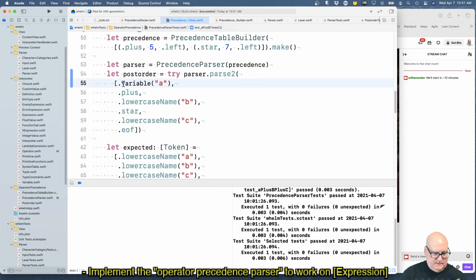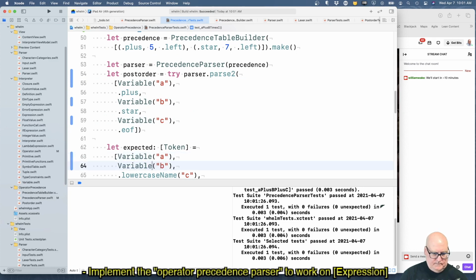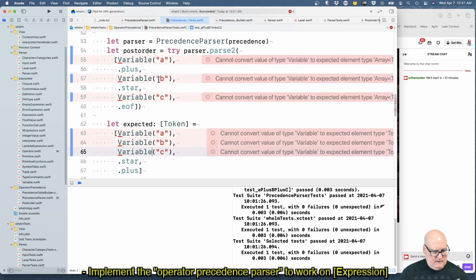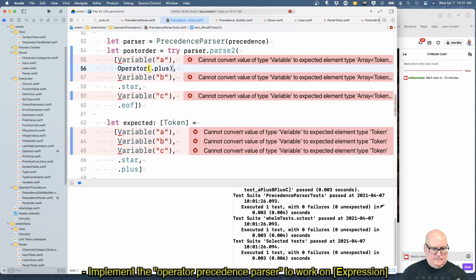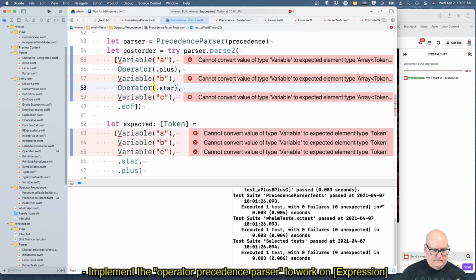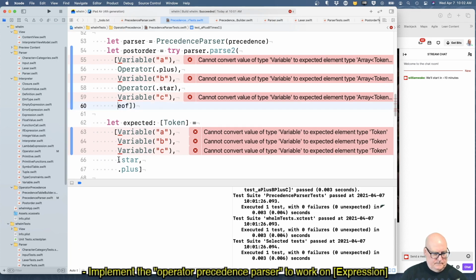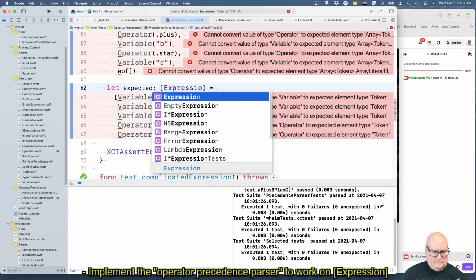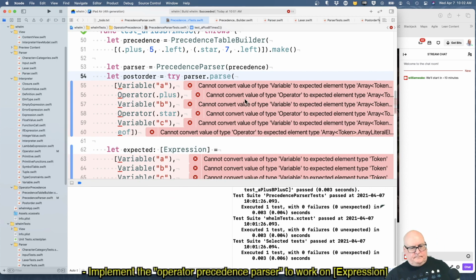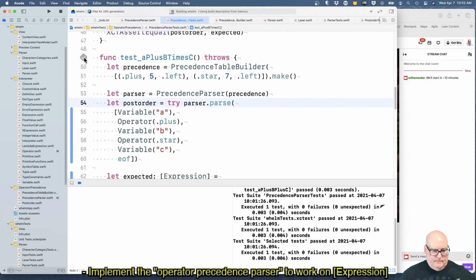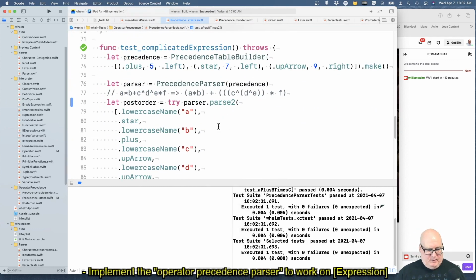More variables. And these operators. Okay. Okay, one more, I think.